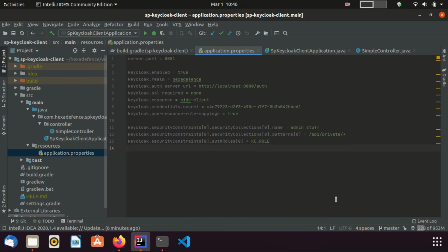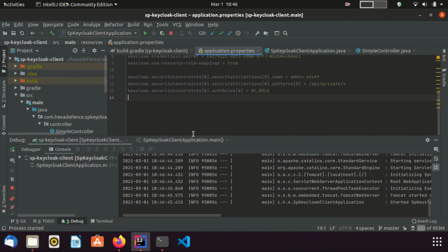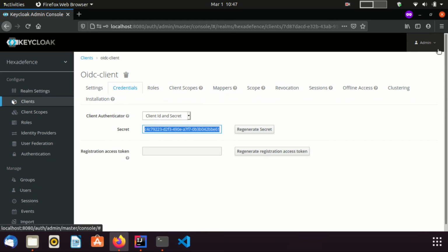I am going to start this. You can see the application started successfully. Now I am on to the browser. I am going to log out from the realm.